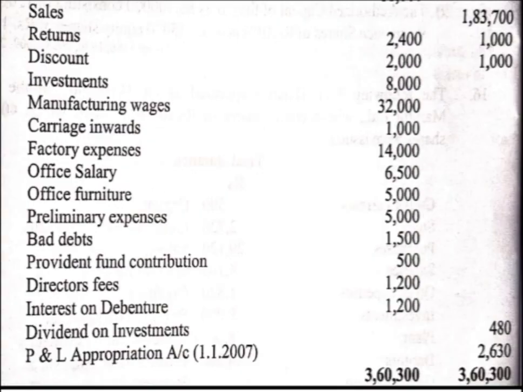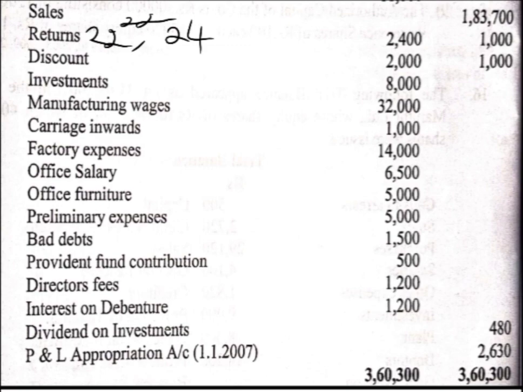Then here in the next page we can find sales. We are going to consider that in note number 22. Returns, they have given both the balances, that is debit balance as well as credit balance. Debit balance represents sales returns which we are going to consider in note number 22, and credit balance 1000 rupees represents the purchases returns which we are going to consider in note number 24, that is while calculating the cost